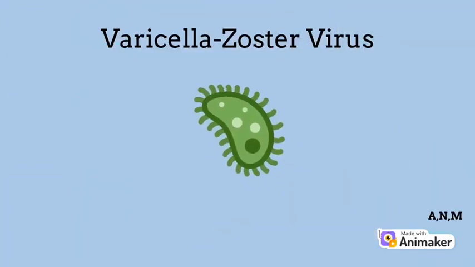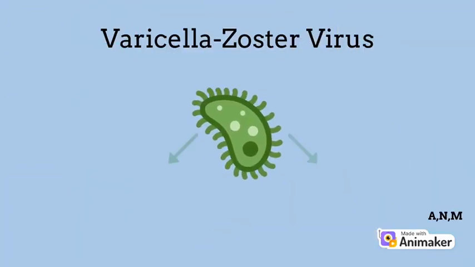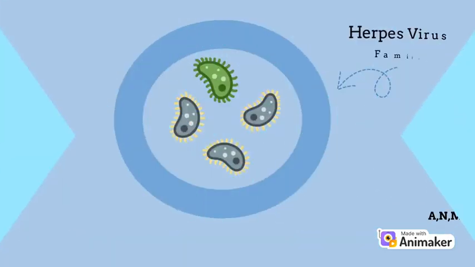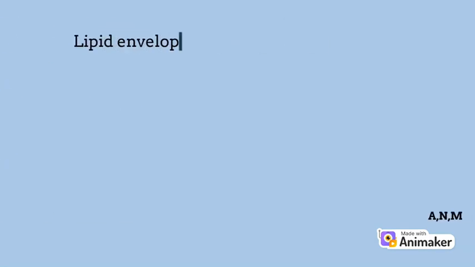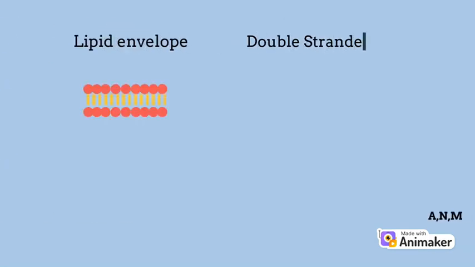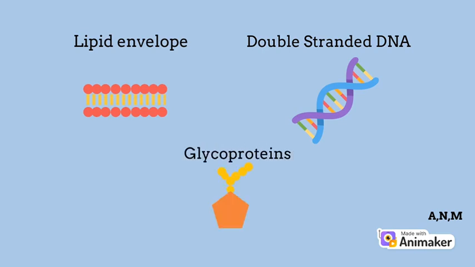Meet the varicella zoster virus, the virus that causes both chickenpox and shingles. This devious virus belongs to the herpes virus family and has a unique structure. Encased within a lipid envelope is a linear, double-stranded DNA genome. Surface glycoproteins, such as gB and gH, facilitate its entry into host cells, where it hijacks cellular machinery to replicate